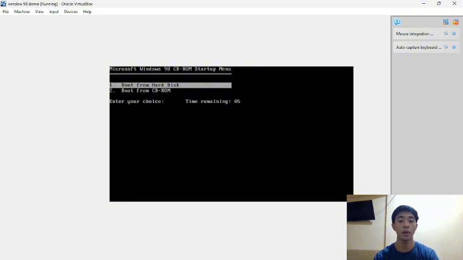So after the copying progress, the VirtualBox will restart itself. Then we will